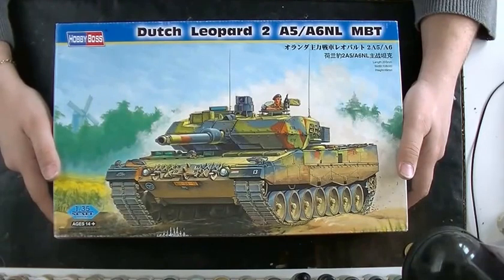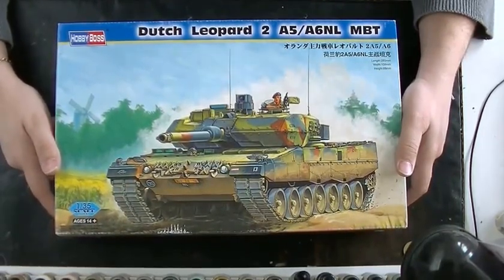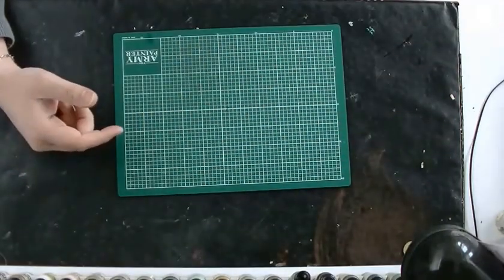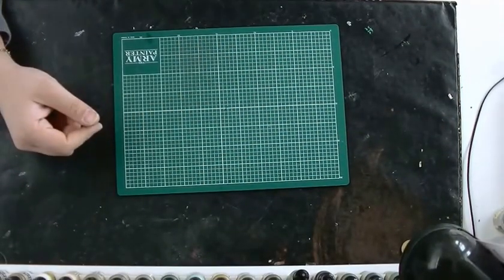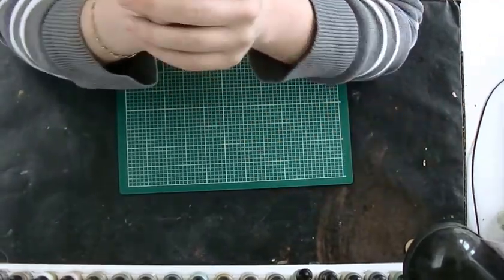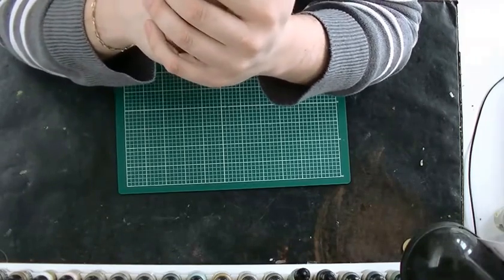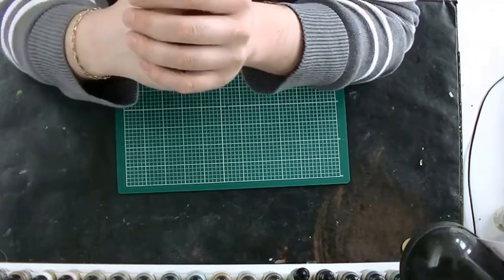Then we all got the new Desert Rage. I don't know if I'm gonna enter that one. Don't know yet, if ever. And then there is the Hell of the Hunters. I just showed you with my stash the Jagdpanther from Dragon. I'm gonna build that for it. And then there's